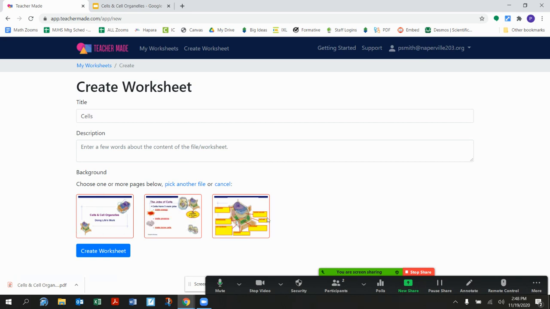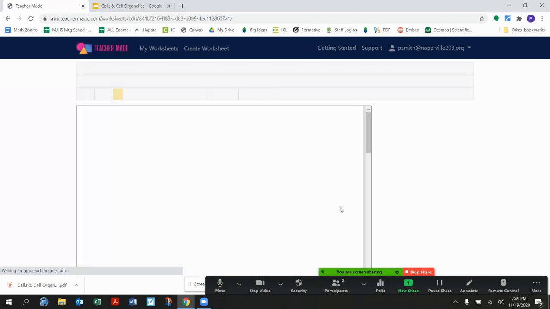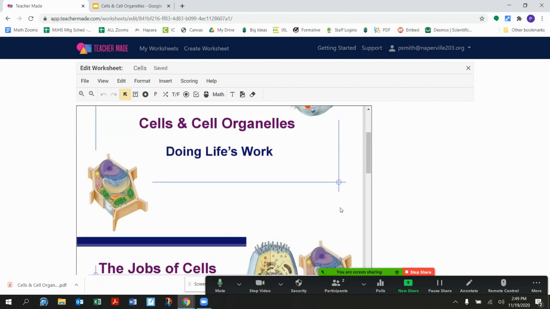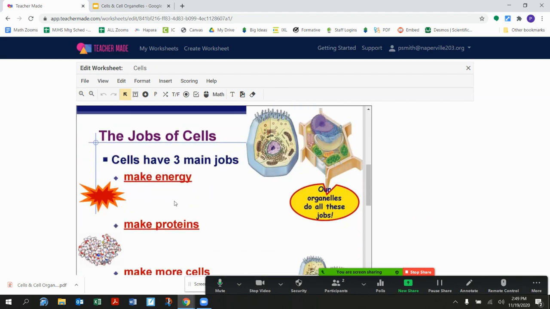I love the feature that you can choose what pages you want to include, because I know a lot of us use Teachers Pay Teachers or other things like that, and our PDF includes an answer key. You can just uncheck those so that they aren't a part of the PDF you share. So here is my slide deck as a PDF. Yes, in color. Students will be able to write in,